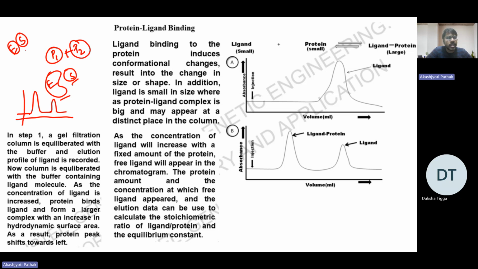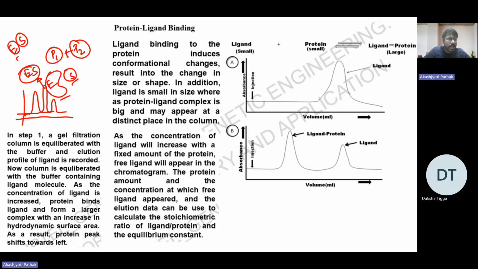After setting up this reaction, you inject it into the column. Then what will you have? You will have a size which is intermediate between the two. You will have this another peak. What does it indicate? It indicates that this enzyme forms a complex with this substrate. So this enzyme plus substrate will have a